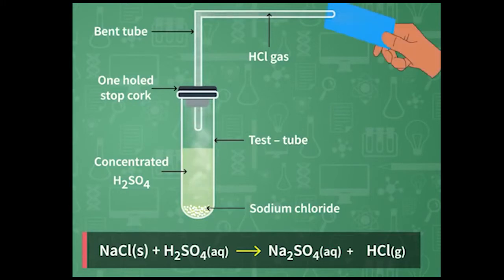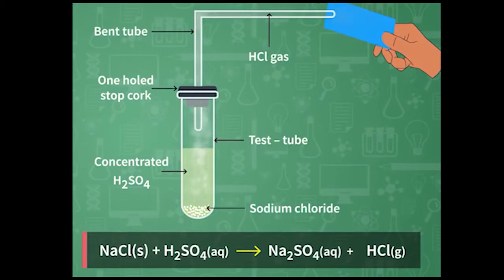As it is an acid, it should change the color of litmus paper from blue to red. So let's bring a blue litmus paper near the gas. But what happens? As the gas comes in contact with the litmus paper, it doesn't change the color. So isn't it an acid? Of course, it is an acid.